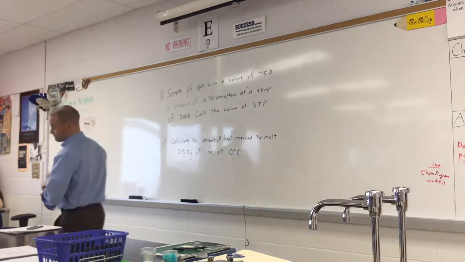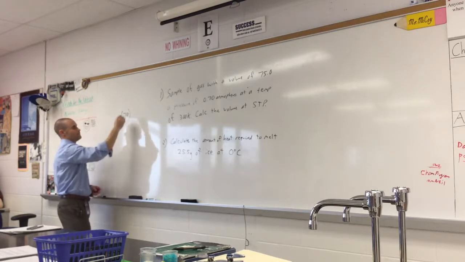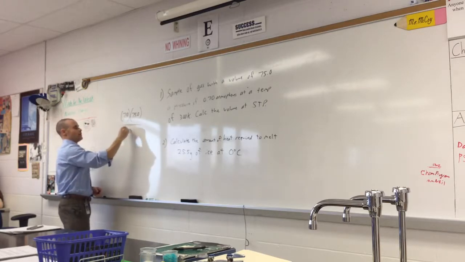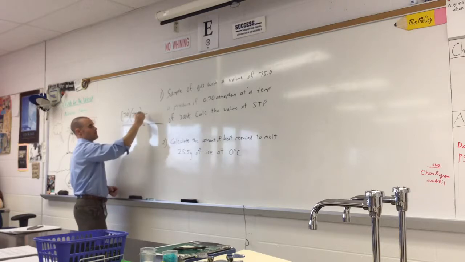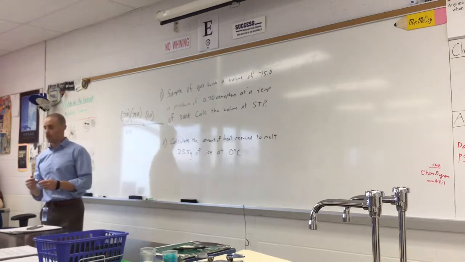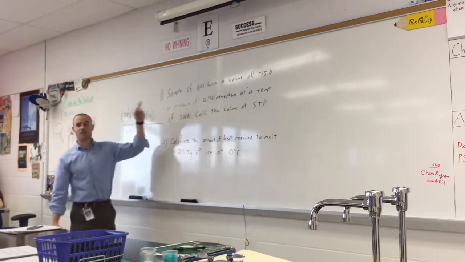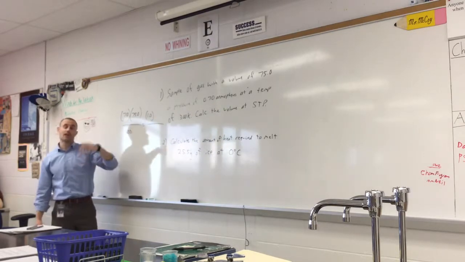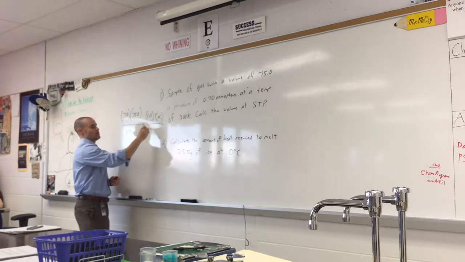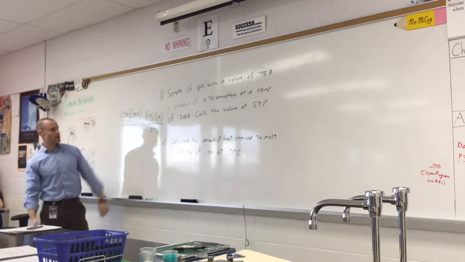What is P1? 0.70. What's V1? 75.0. What's T1? 300. Okay. What's P2? 1. How come it's not 101.3? Standard pressure is 101.3. It's an ATM. Atmosphere is ATM, so we keep the same unit, 1 here. We don't put 101.3, that's kPa, kilopascal. All right, V2 is X. What's T2? 273. Cross multiply, and then we divide by 300, and we get